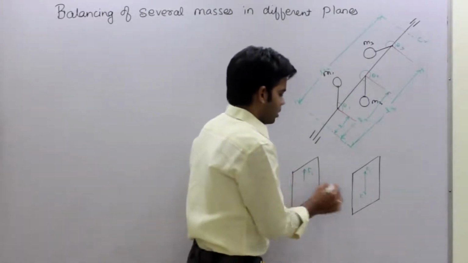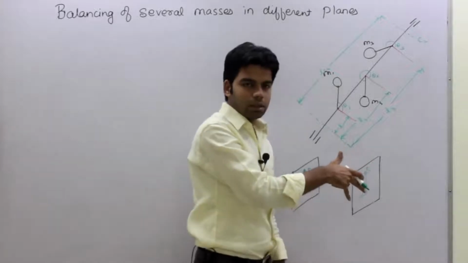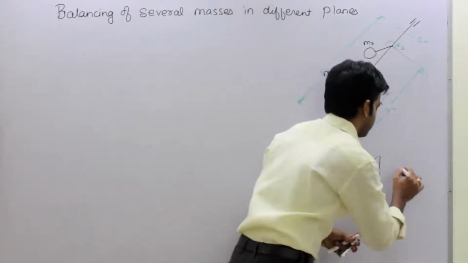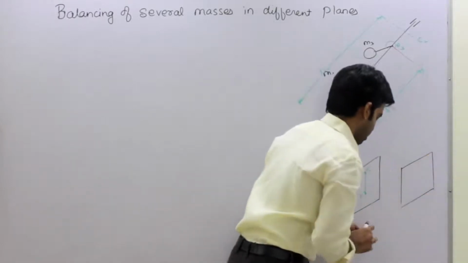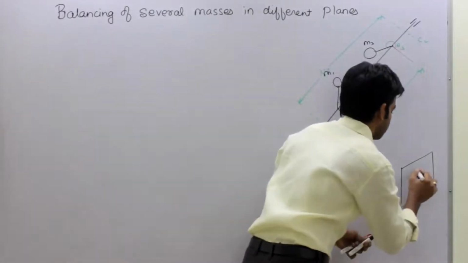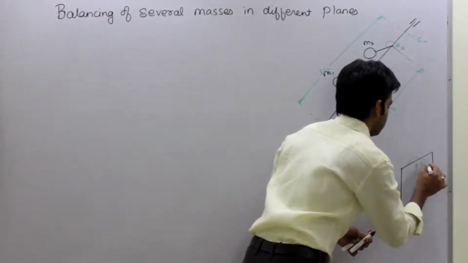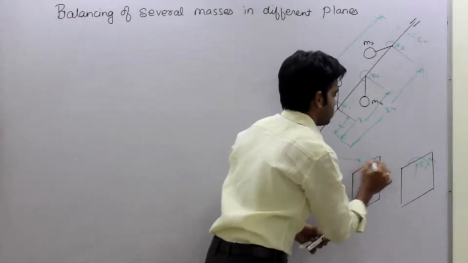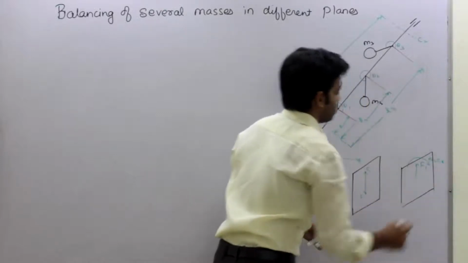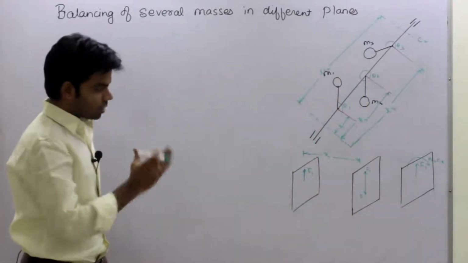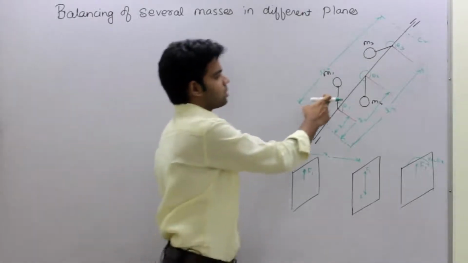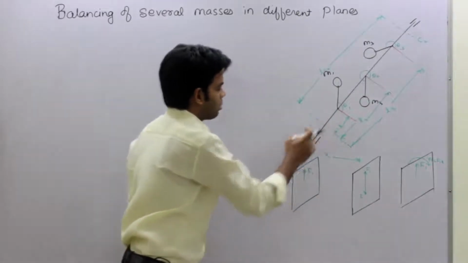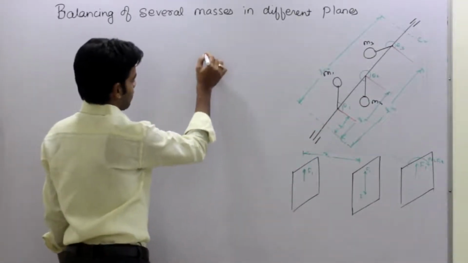Now this force F1 and this force F1 together create a couple, a clockwise couple, and left is the force F1. So finally it will be like this. We have an upward force F1 and a moment, and how much moment? Suppose this distance is x, so this moment will be equal to F1 into x. So this is how we can transfer the force from one plane to other. In the same way we have to transfer all these forces. So finally after transferring to this particular plane, we will get like this.